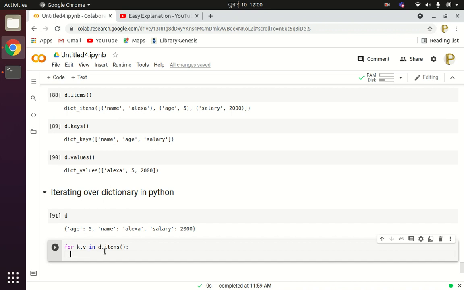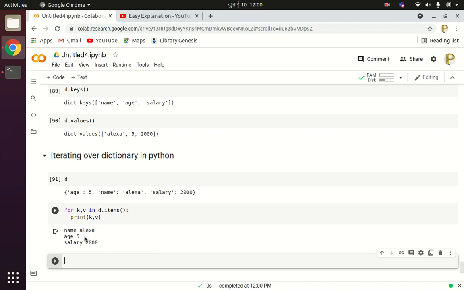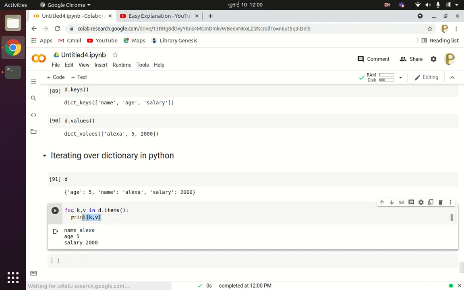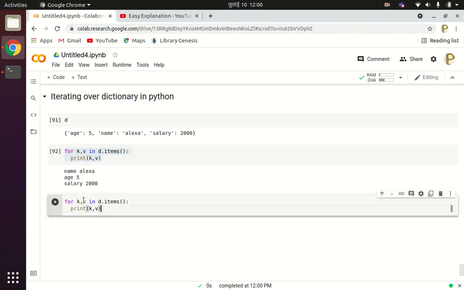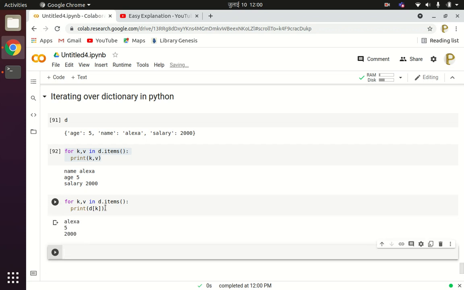So you can print k comma v: name Alexa, age 5, and salary 2000. You can modify this and print it another way. Print D of k, since the k variable will contain the keys, D of k will return the values for that key. In this way we can iterate over our dictionary in the Python programming language.